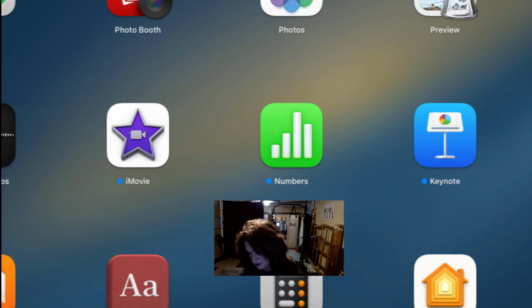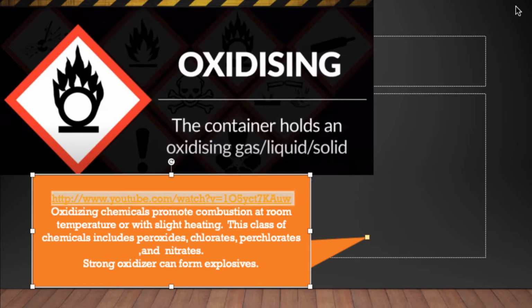Oops, sorry about that. So our oxidizing agents, they promote combustion at room temperature with just a little bit of heating. And this class always includes peroxides, chlorates, perchlorates, and nitrates. And strong oxidizers can